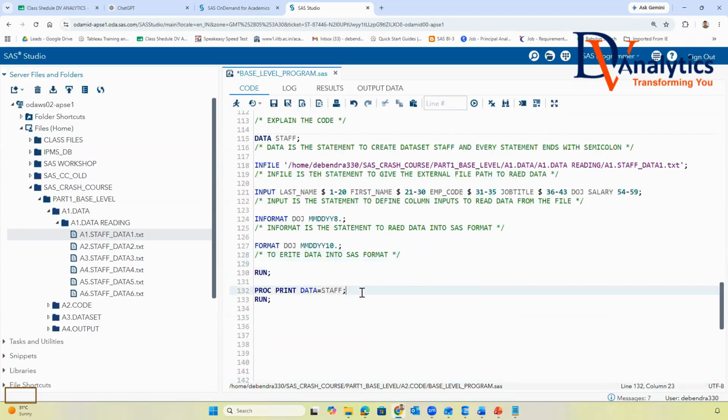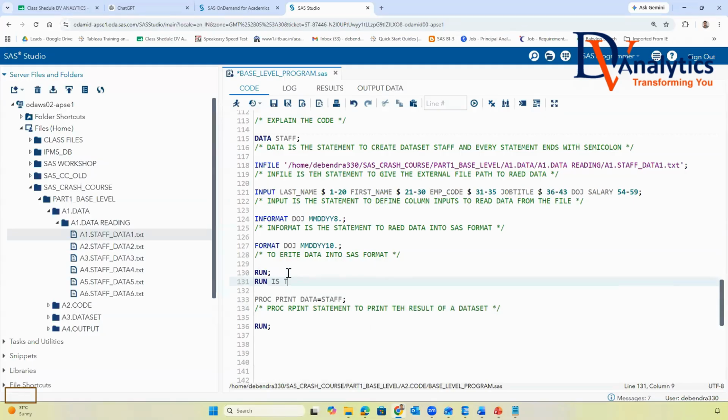And proc print, you will say proc print statement is to print the result of a dataset, how your dataset looks. And what is the run statement? Run is the statement to execute the program.